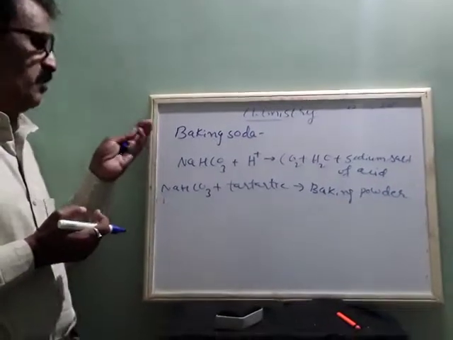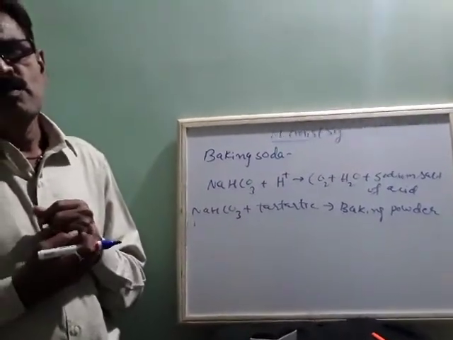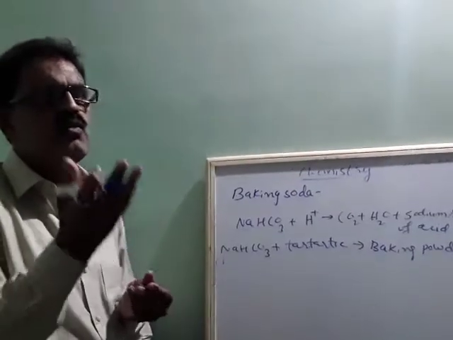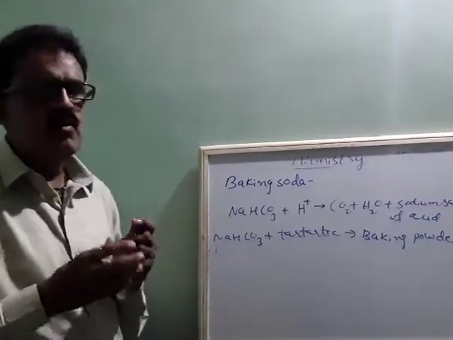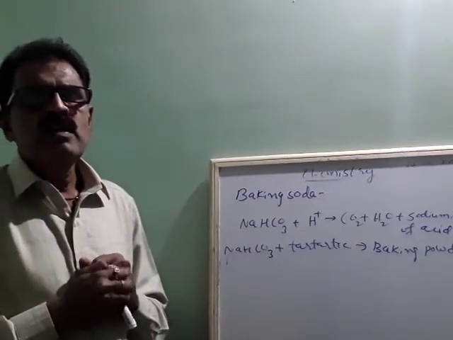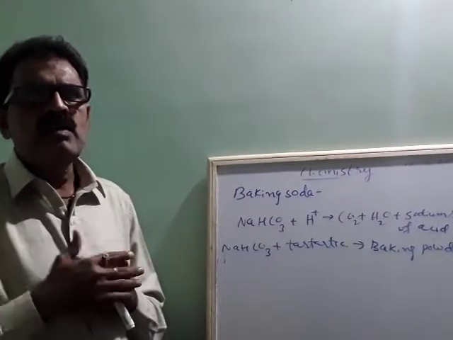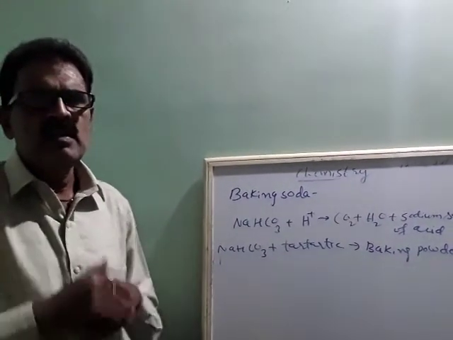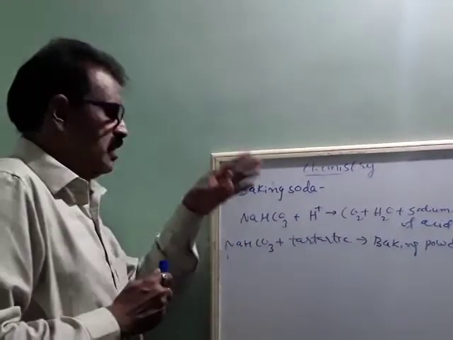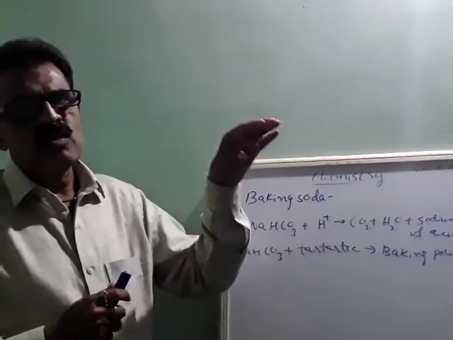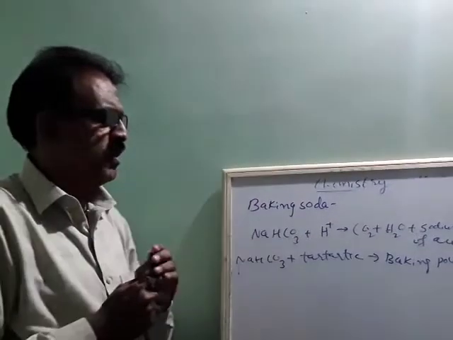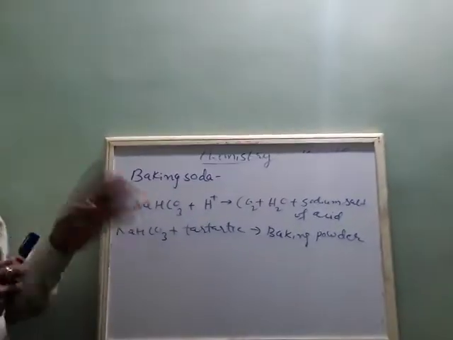Especially this happens in functions, marriages and all, because they need quick and fast. And even nowadays fast food which we consume mostly uses baking powder so that it will be fluffy, tasty, and very quickly ready so you are able to eat fast. But after some days we are not here. So we should avoid eating fast food and we should try to always use homely prepared food. So this is about baking soda and its uses.